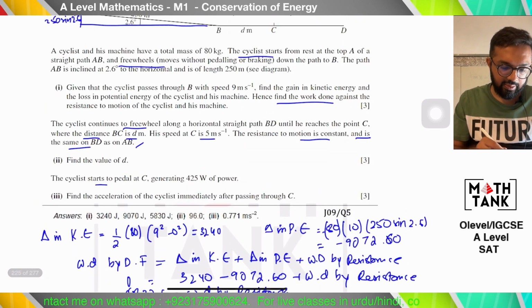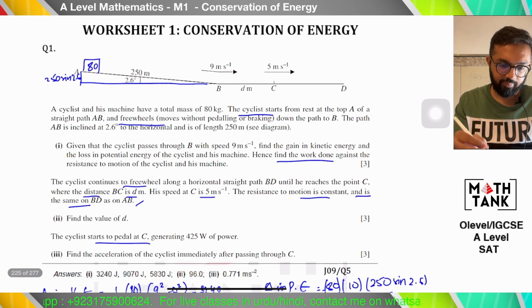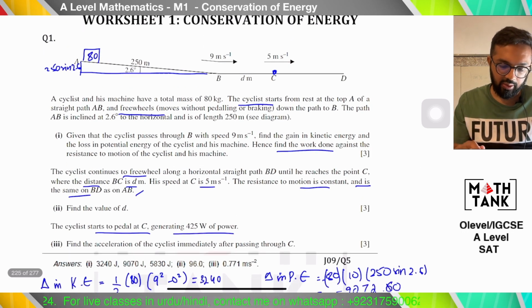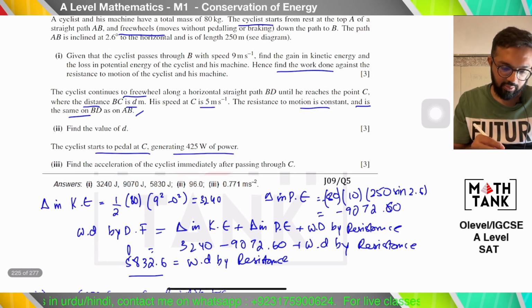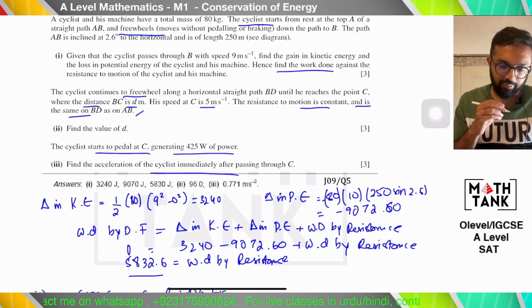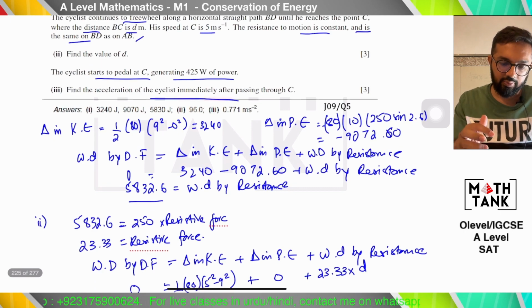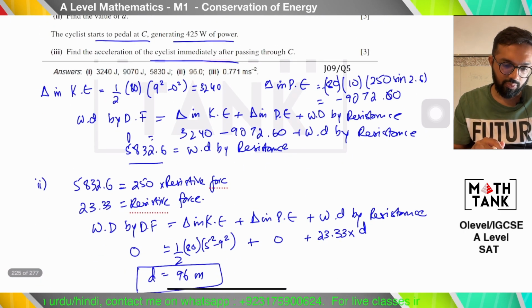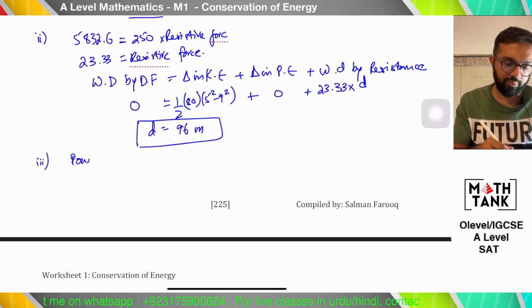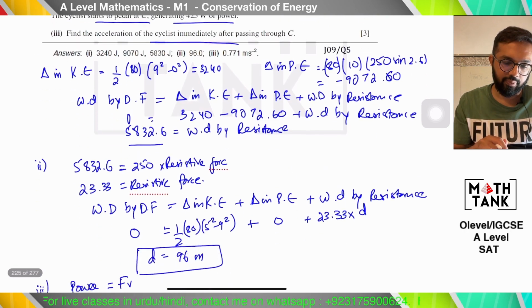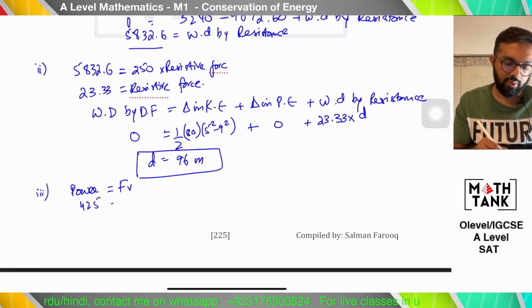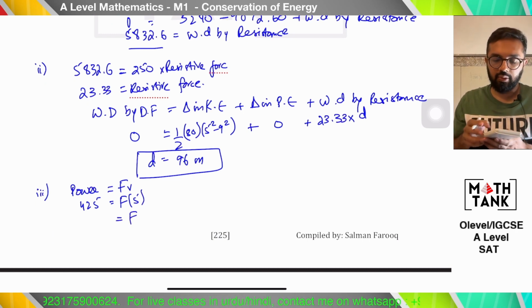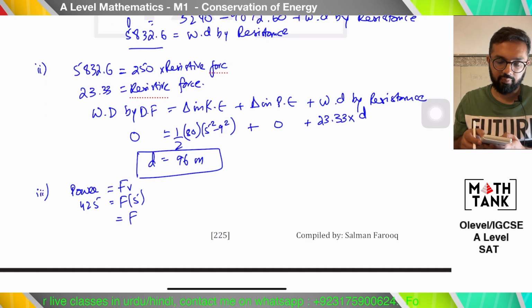It says the cyclist starts to pedal at C, generating 425 watts of power. Find the acceleration of the cyclist immediately after passing through C. So if he's generating a power of 425 watts, power equals F v. My speed right now is 5. So I get 425 divided by 5,